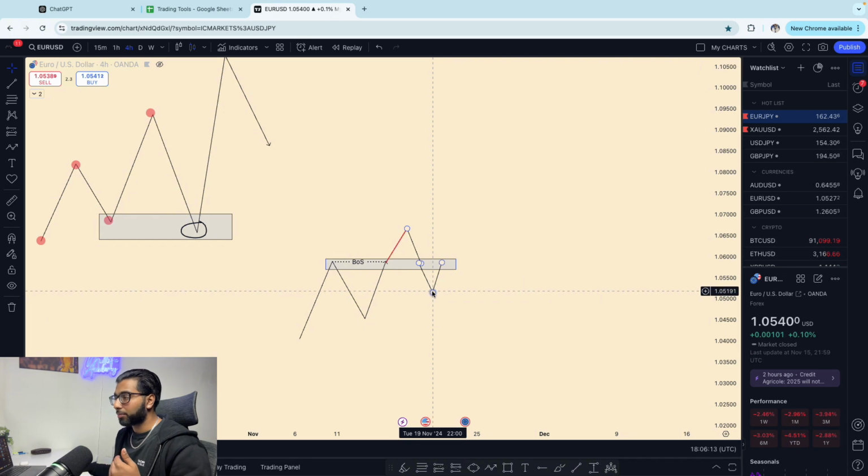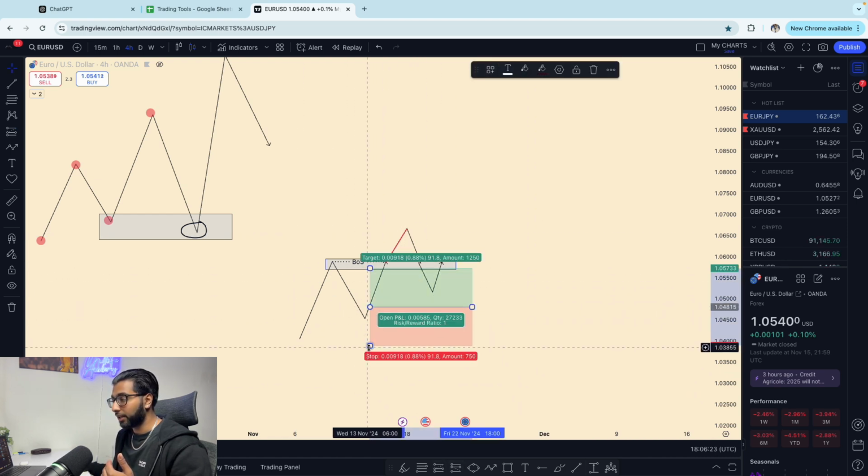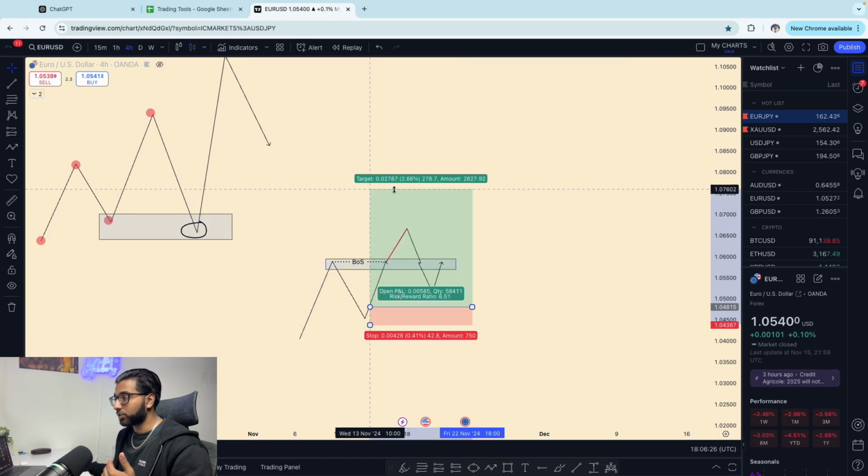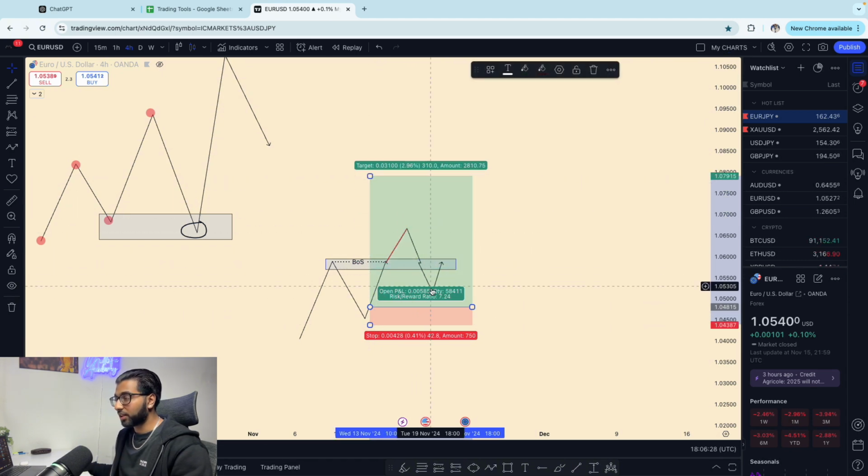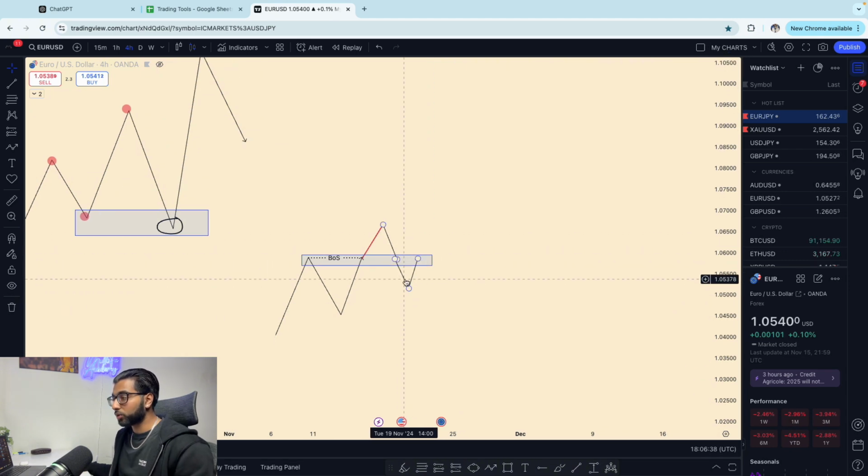And then a lot of buyers are going to be closing their trade because they're now losing their trade. If you're a buyer and you've bought right around, let's say here, and you've obviously targeted all up here, if price decides to come near your entry point, 9 times out of 10, a lot of people have trailing stop losses. A lot of people have moved their stop loss to break even. They are going to get stopped out, which then causes the market to go back up, and then creates this move where